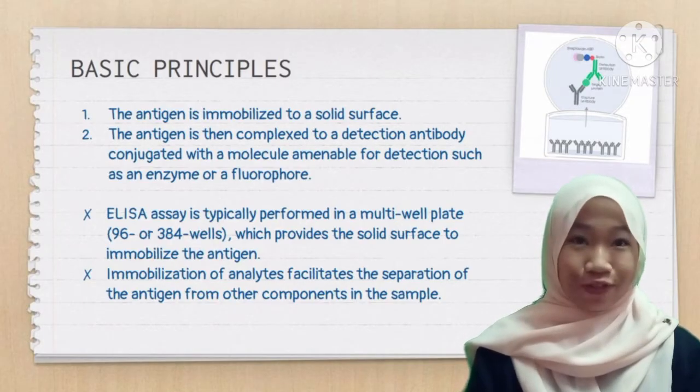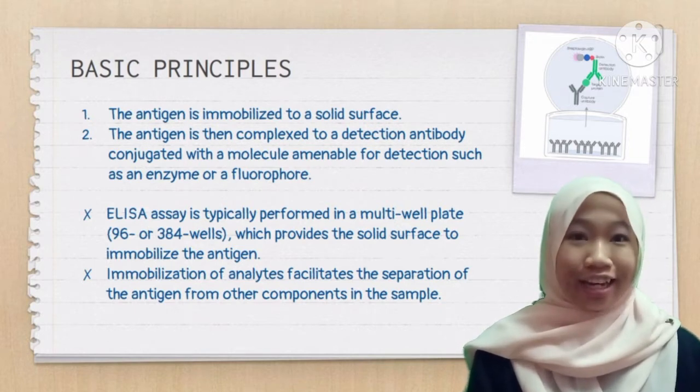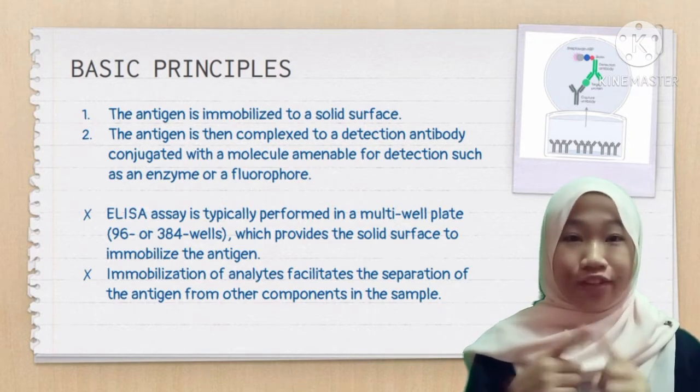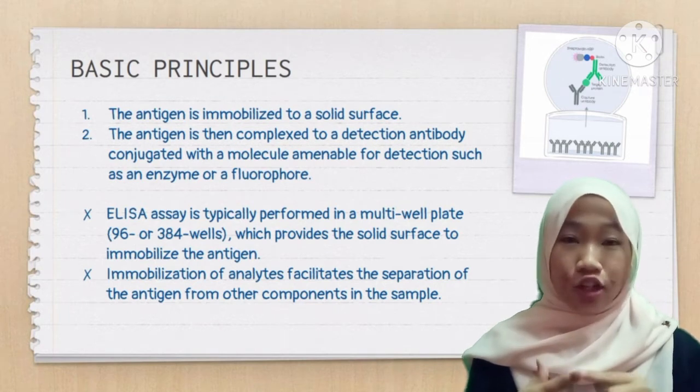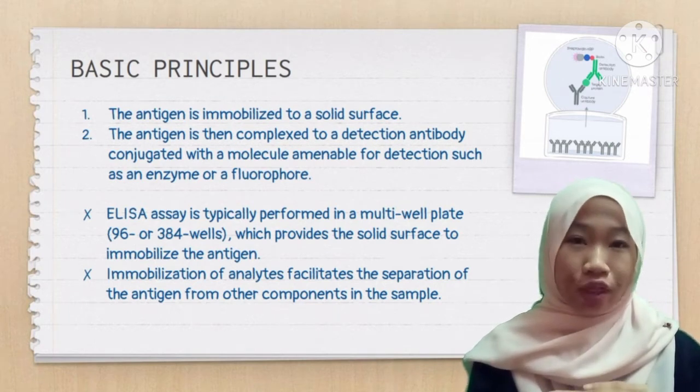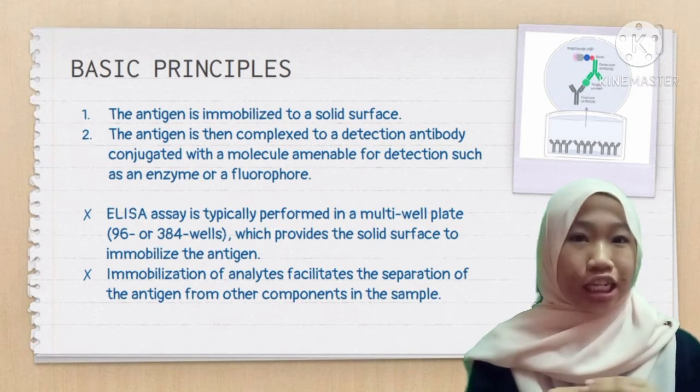ELISA stands for Enzyme-linked Immunosorbent Assay. There are two basic principles of ELISA. The first one is the antigen is immobilized to a solid surface. Then, the antigen is complexed to a detection antibody conjugated with a molecule amenable for detection, such as an enzyme